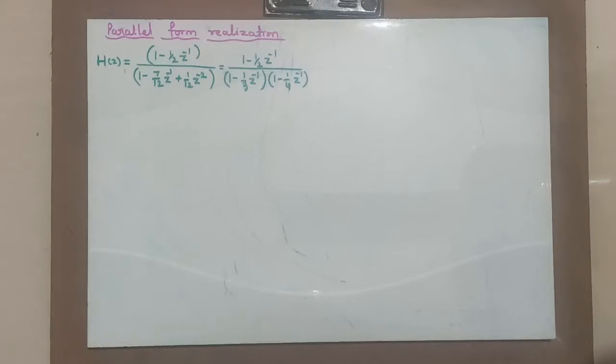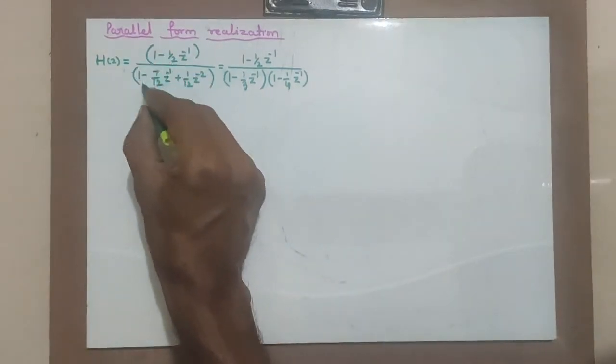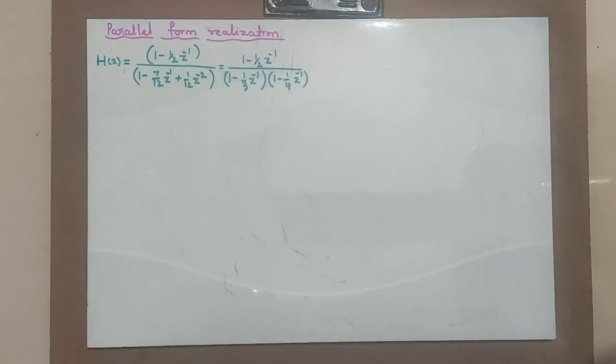Hello students, in the last board we have seen direct form 1, 2 realization as well as cascaded realization. In this board, let us understand parallel form realization. Mainly the parallel form realization depends upon partial fraction expansion of the given equation. Let us solve this. H(z) is already given to you, which is of this kind. In the previous cascaded session we have taken it.